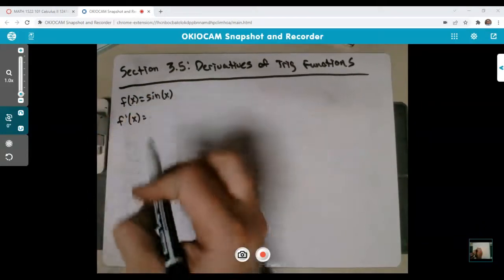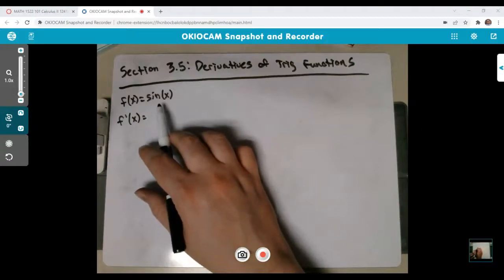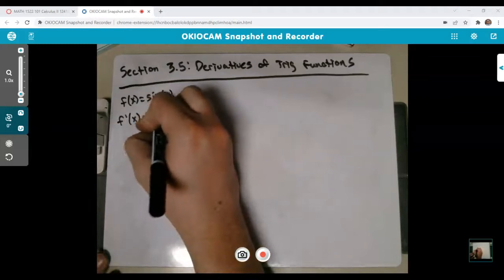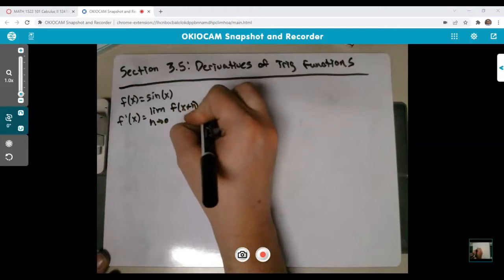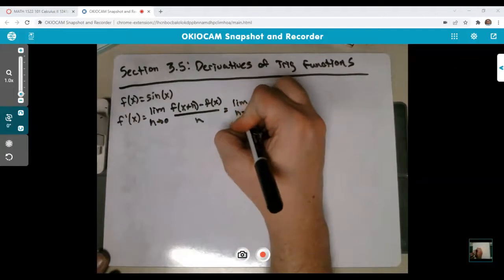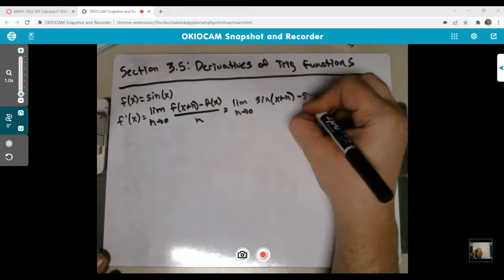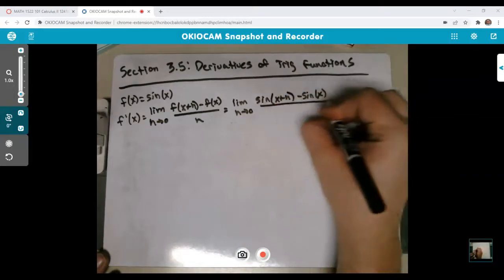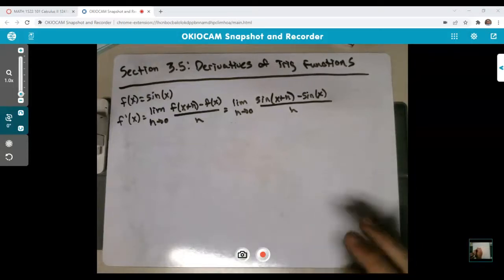As of right now, we don't really have a rule to do this yet, and so I have to figure this out the long way. We have to do the whole limit as h goes to 0 of f of x plus h minus f of x over h. So that's the limit as h goes to 0 of sine of x plus h minus sine of x all over h. If you recall from whichever trig class you took, either trig or pre-cal, we had the